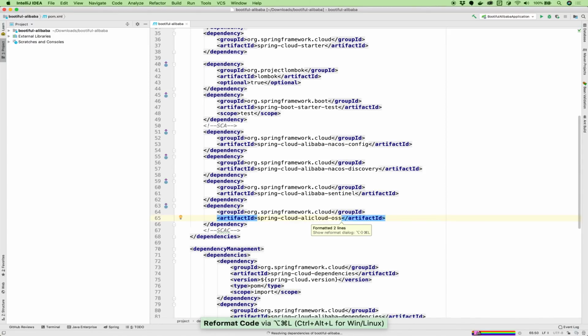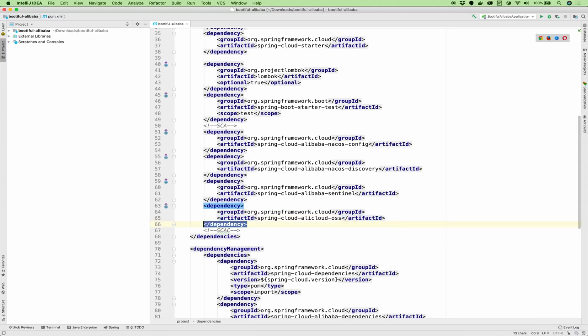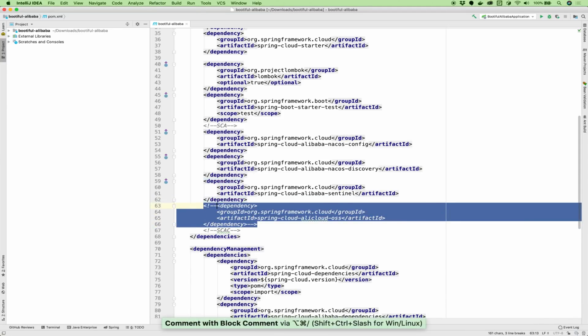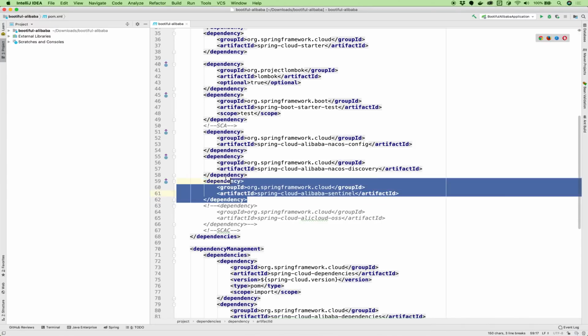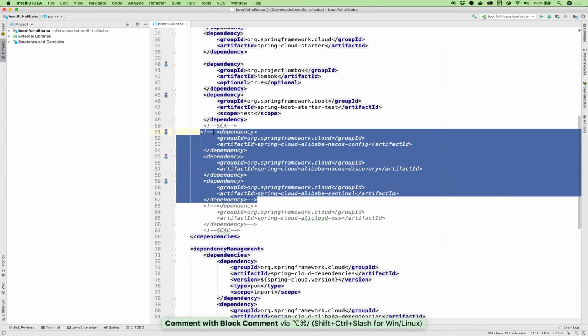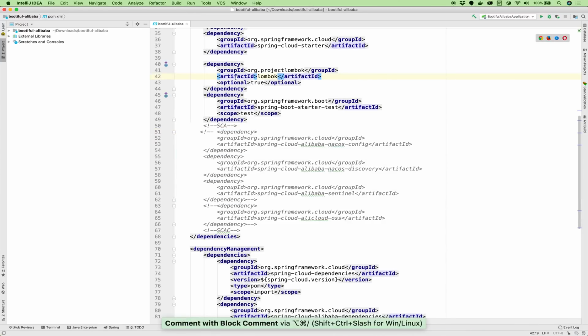All right, so there we go. We've got a number of different dependencies in there. OSS stands for Object Storage System. We'll come back to that all in a bit. Actually, for now, since we don't need that yet, and we don't have it configured, we're going to comment out that stuff right now. I think we might just comment out all of it and see what we can gradually reintroduce.